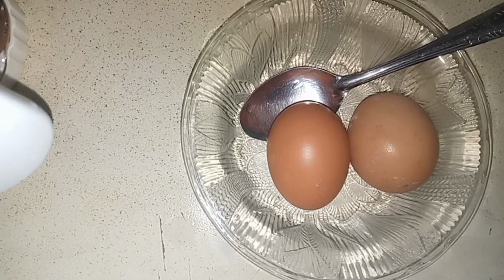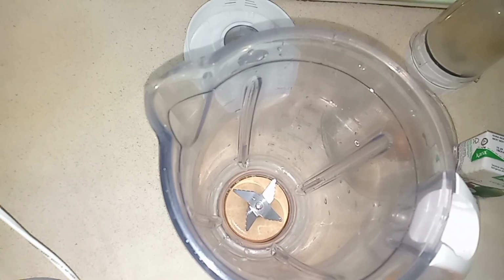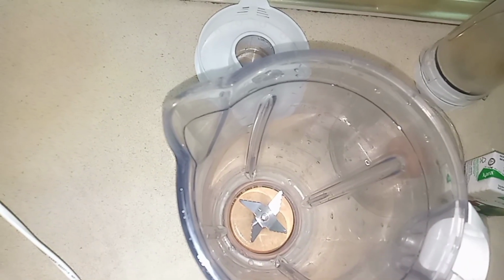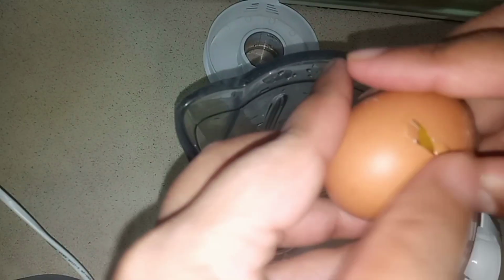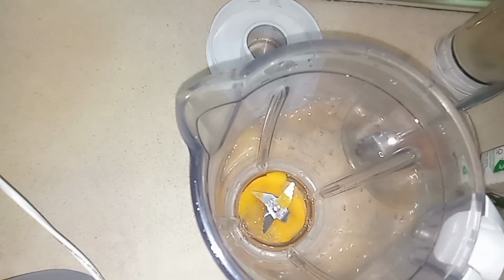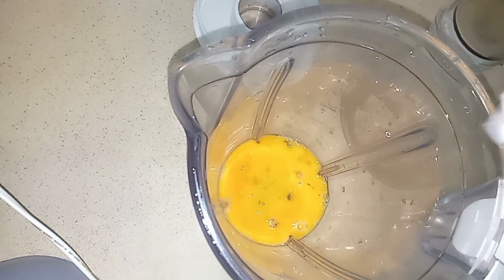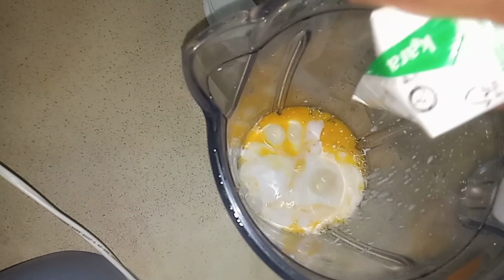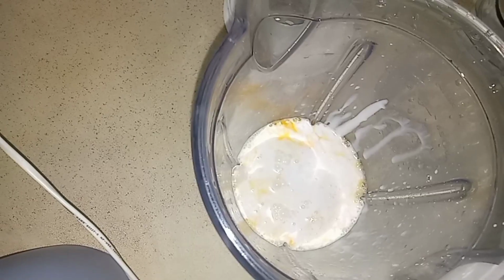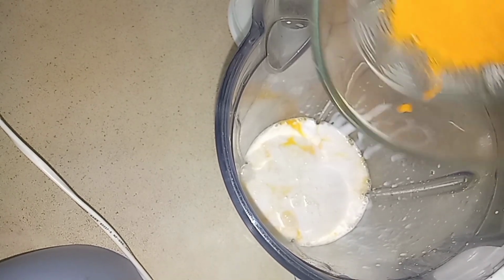How do we do the process? So guys, you just take the blender jug, and then break the eggs and put them inside. And then put the coconut milk. All the coconut milk, 200 ml. I will use this one. And then salt, turmeric powder,